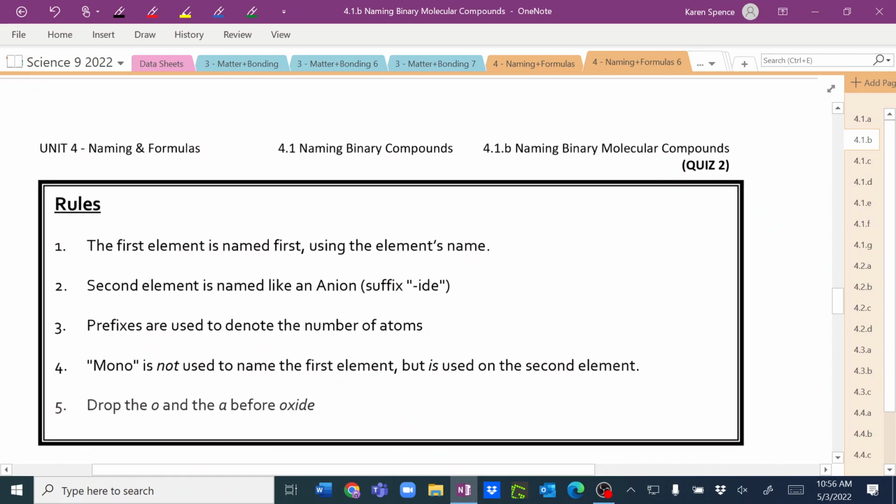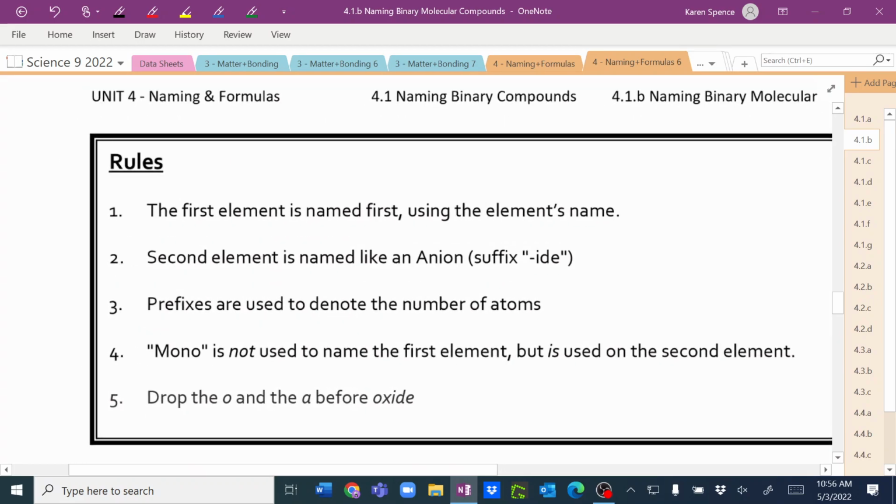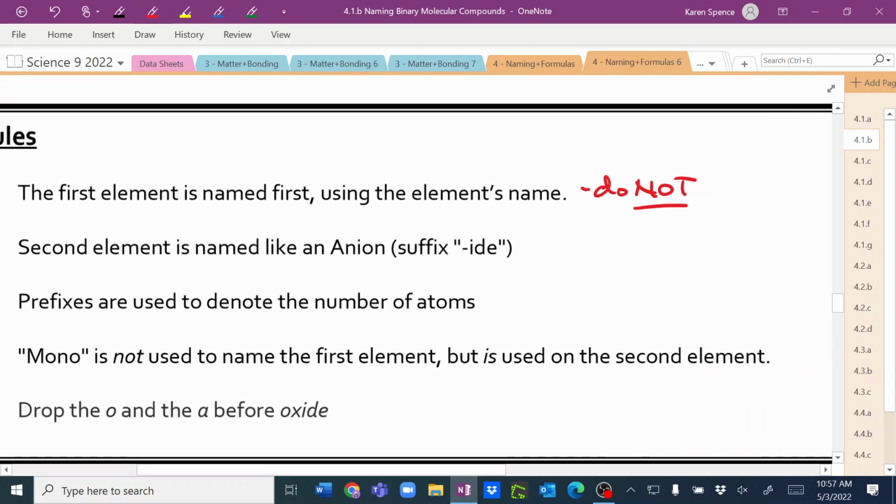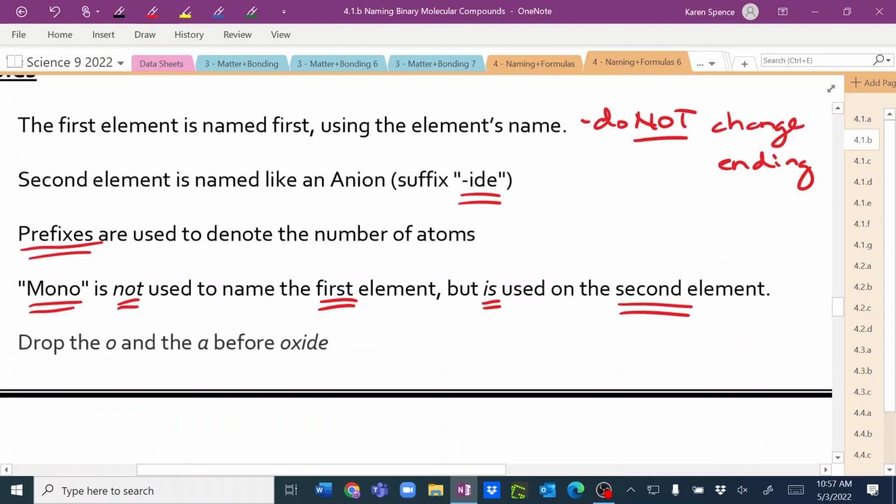So here's the rules. First element is named first, and just use its name, don't change the ending. Second element is named second, and we do change the ending to "ide." We use prefixes. Mono is not used on the first, but it is used on the second. And the last rule that's a little bit tricky